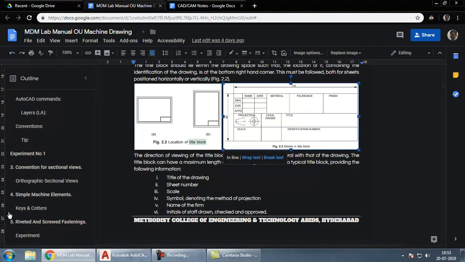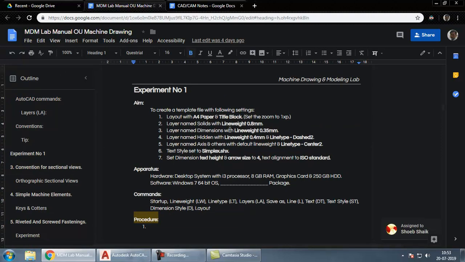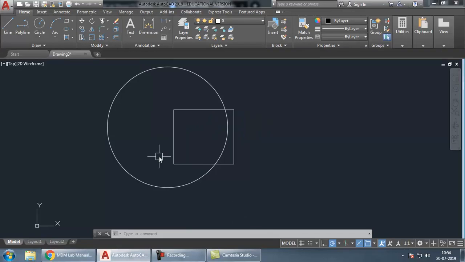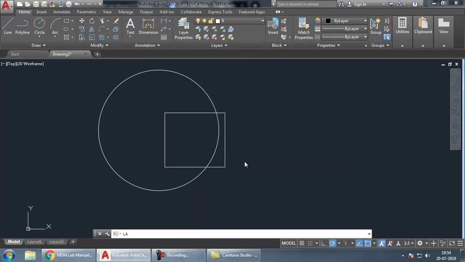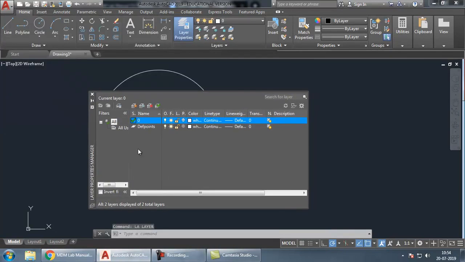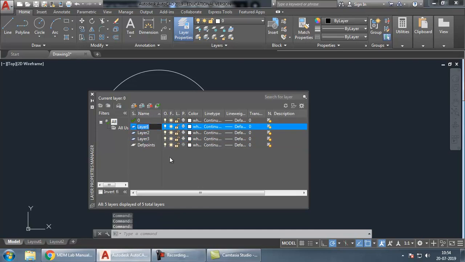Let's go back now to the experiment. Next we have to set the line weight. Okay, fine. So here we have to create a layer. Now for creating layer, the command is LA enter. This is the layers box. Now I can create new layers by clicking on this button. So we need different names. First layer we need for dimensions. Then one layer we need for solid lines. These are the visible edges. One layer we will need for hidden edges. And okay, text and all, everything you can keep in dimensions.